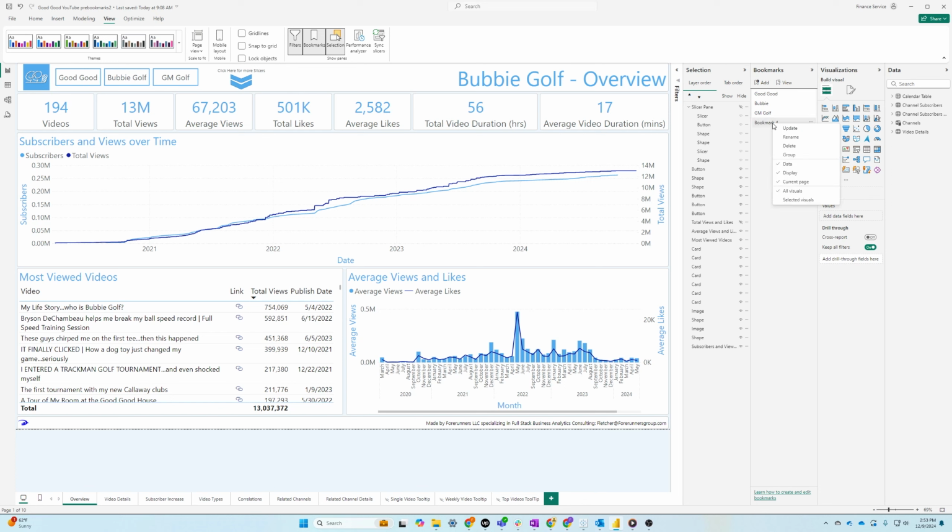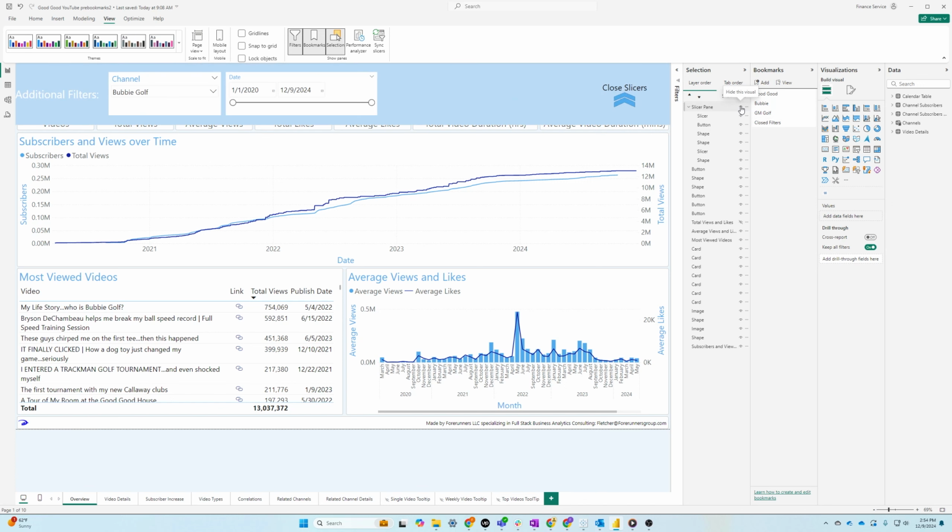Now key here, this is a display or a visual state, as they call it. So I right click the bookmark we just created and uncheck the data piece. That way, if we change the slicers, the data won't change when we show and hide this filter pane. I'll show you what it does if we don't do that in a second. Let's rename it closed filters, because right now it's just the closed filters, right? We're not seeing them. Let's show this pane, hit add, uncheck data, and rename this